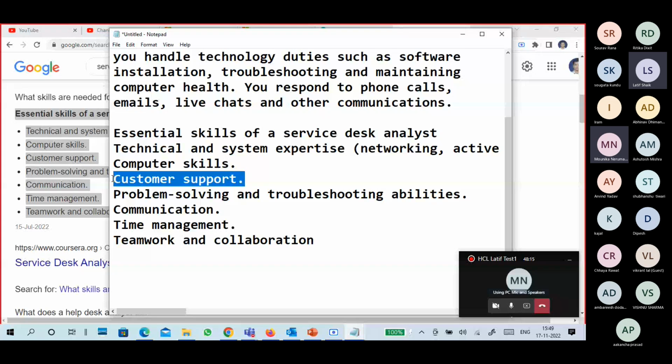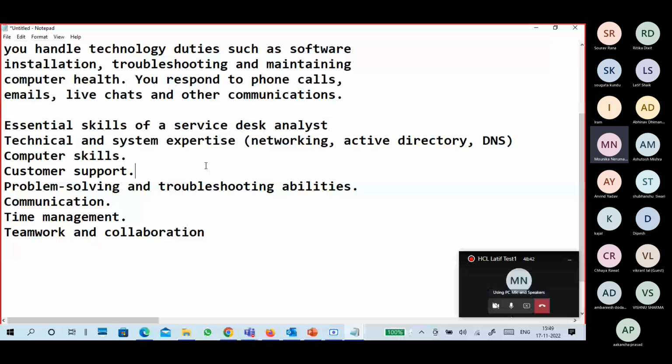Your work level is different. It does not mean a level 2 person does not deal with a server or a cloud. It is not like that. It is basically about what the service is, what service the client is utilizing, what project it is, and what client connectivity it is. That decides which technology you are involved in as a service desk person. It is not always networking, but it does not mean there is no networking either.